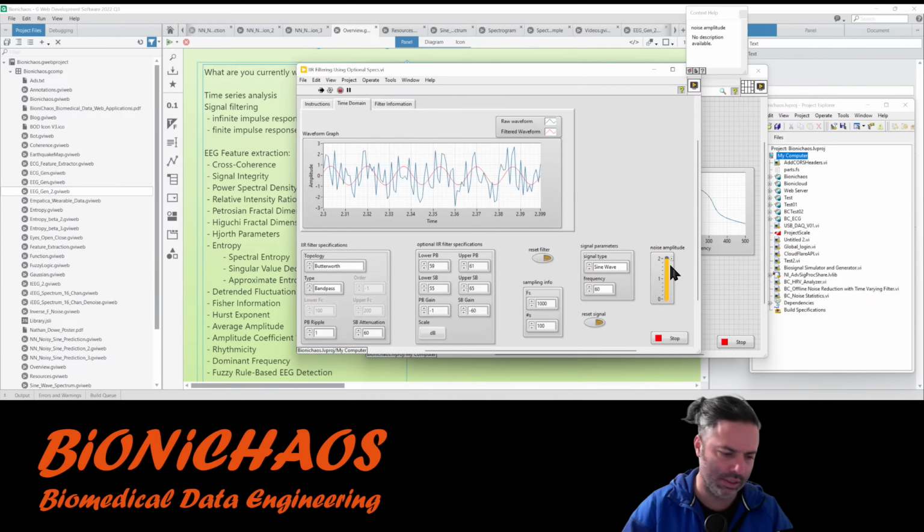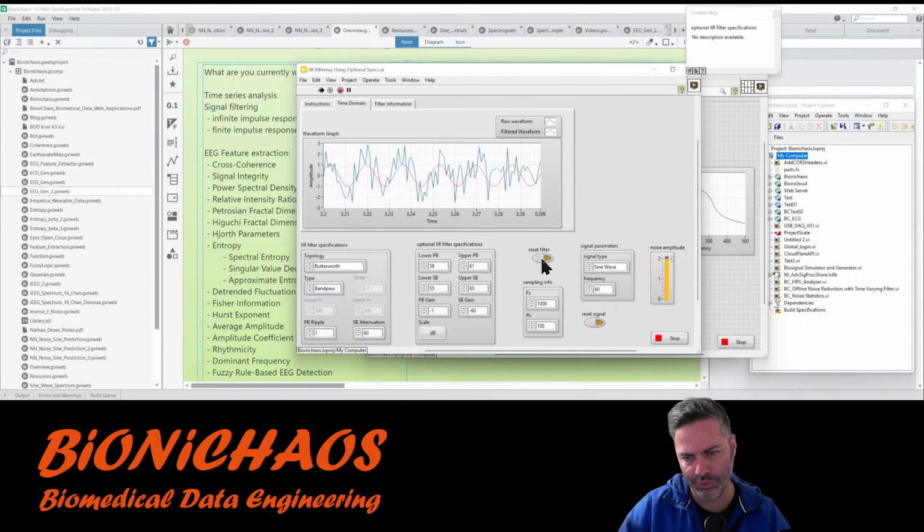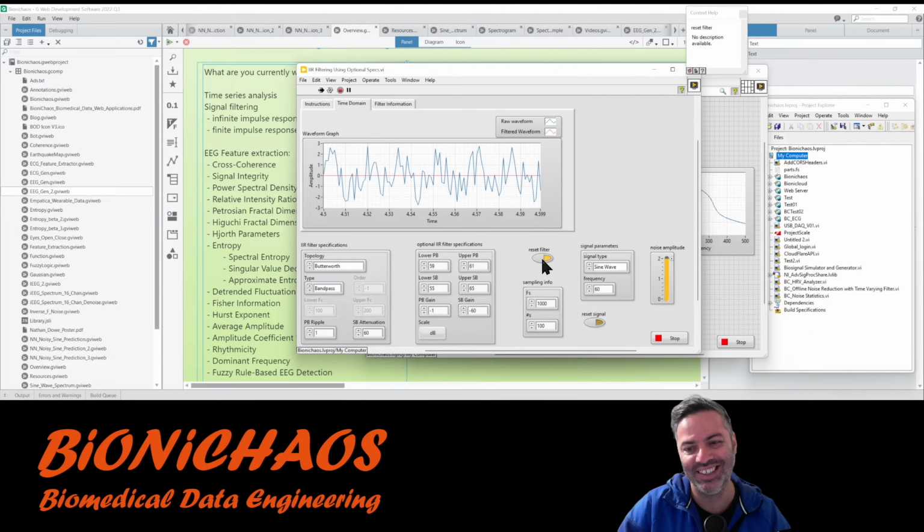Right, so you can see, yeah, this is a pretty good example already. Could be quite useful. Can reset filter, and it's having trouble. Okay. You actually need to reduce the noise. Right, now it's working. It's actually right.